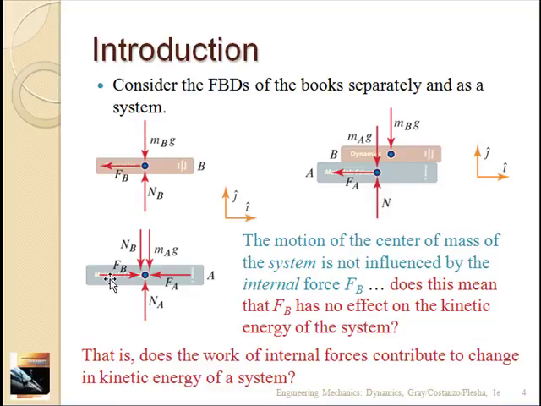If we focus on the free body diagram for the lower book, there's a normal force between the table and the book, the normal force from the book above it, the gravity on this book, and the friction force acting in the opposite direction as this one. This is the friction force between the two books. And then the friction force from the table: if the book is traveling to the right, the friction force between the table and the lower book will act to the left.